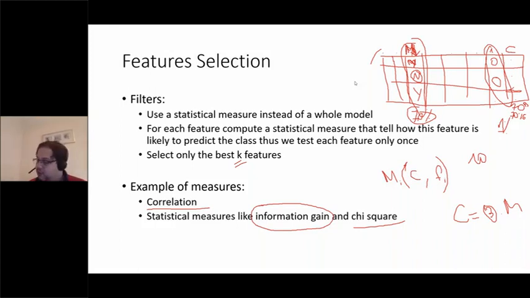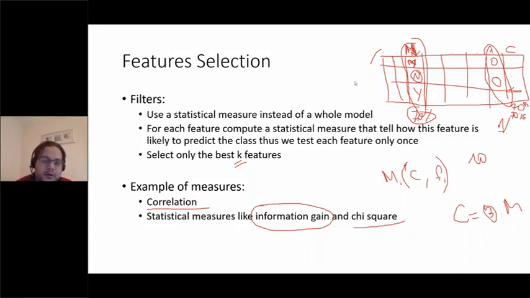Tell me, please, guys, what do you think is the difference between wrappers and filters? Is it the time of computation? For which method? The wrapper takes much more time, it's computation intensive. Yes, this is one. But also for this